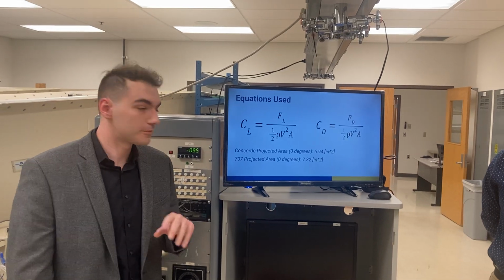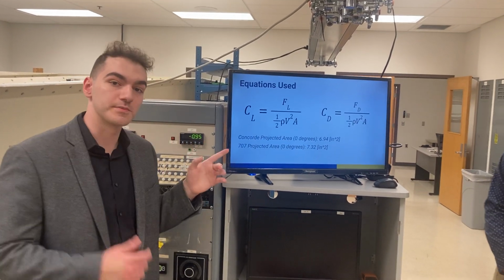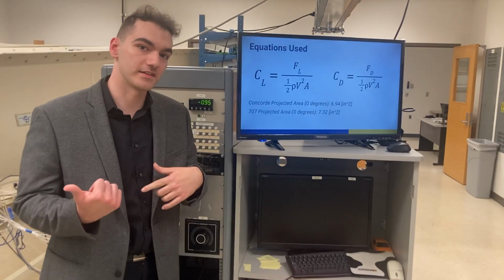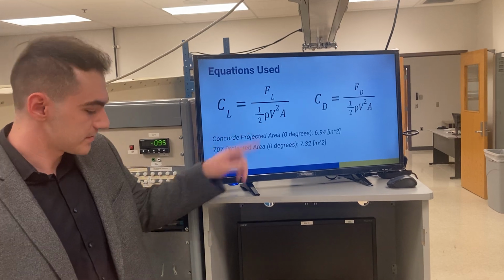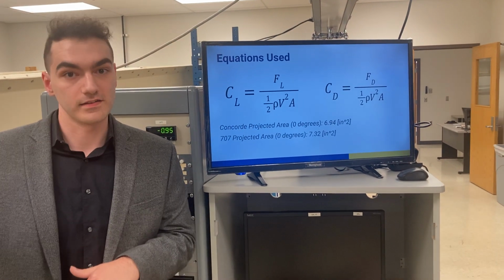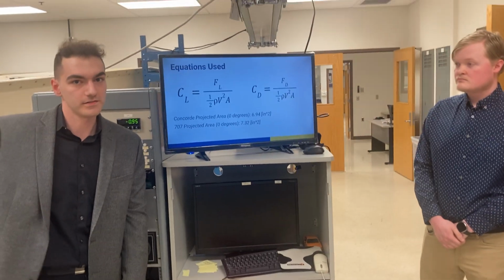Variables were found in a different manner. Primarily we have force of lift and force of drag. In the wind tunnel, that was measured in pounds; we were able to find it using the lift and drag device. Then 1/2 density. Density is found by the ideal gas equation using temperature, which is mounted on the wind tunnel,